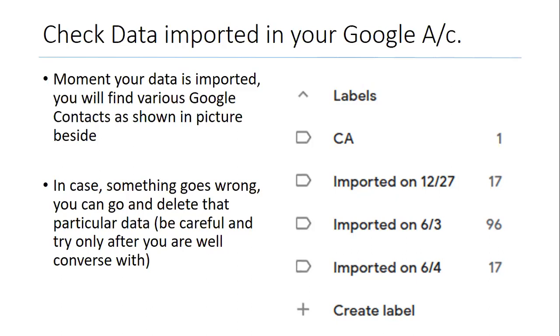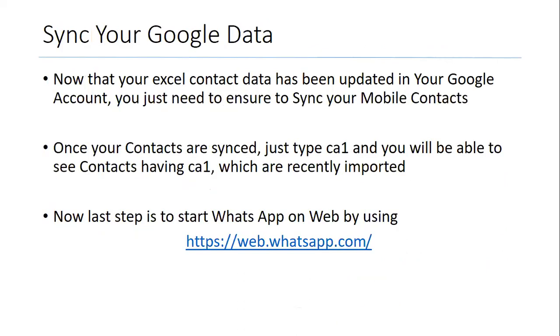But now to update your phone, you have to sync your contacts. Your mobile should be on auto sync, and if it is not, you have to go in your Google settings and sync contacts. I believe by default everyone has automatic sync, so that whenever you add or delete anything in Google contacts, it gets updated in your phone also.